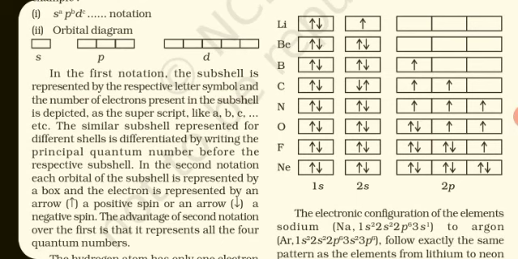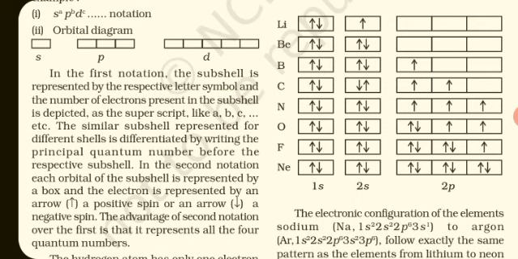If you write these examples, for Hund's multiplicity rule, you have to write the example from boron to neon. And for Pauli's exclusion principle, you can take the example of helium and lithium, beryllium and boron also.